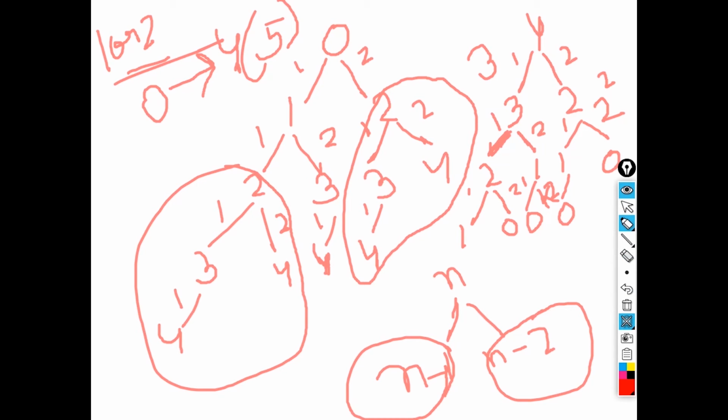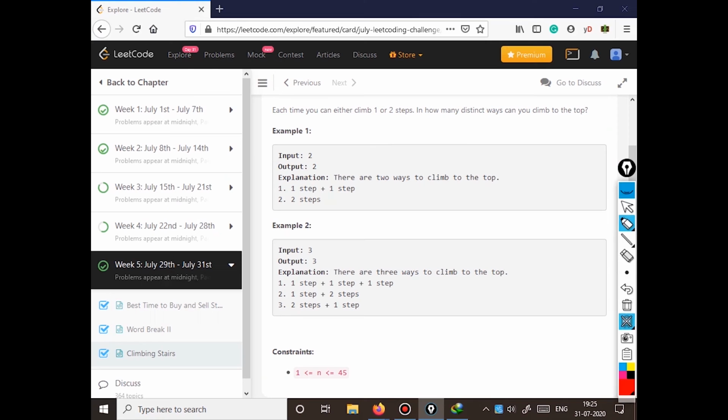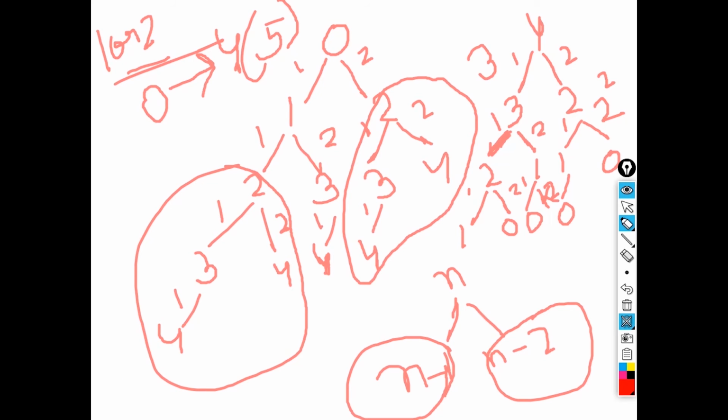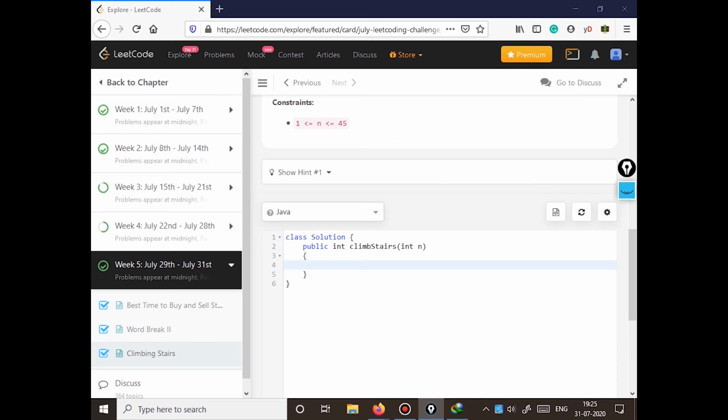All right, if I were to code this down, how would I do it? We can see that this is clearly recursion, because each part is dependent upon the previous parts: 4 is dependent upon 3 and 2, 3 is dependent upon 2 and 1, and 2 is dependent upon 1 and 0. Let's code that down first. The base case is that if at any point I reach 1, I do not need to go to 0, because 1 can be reached from 0 in only one way, by using 1 step. So that is the base case.